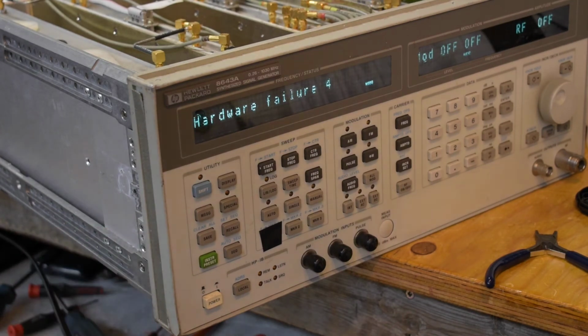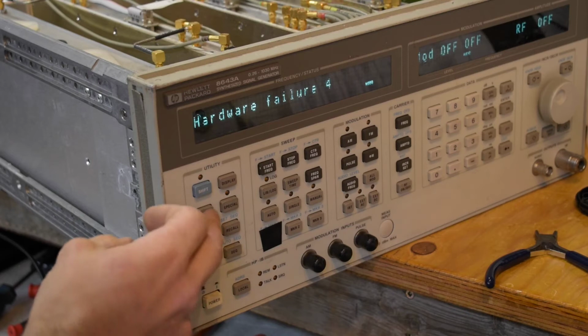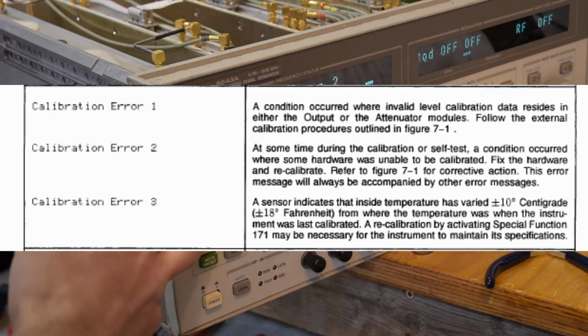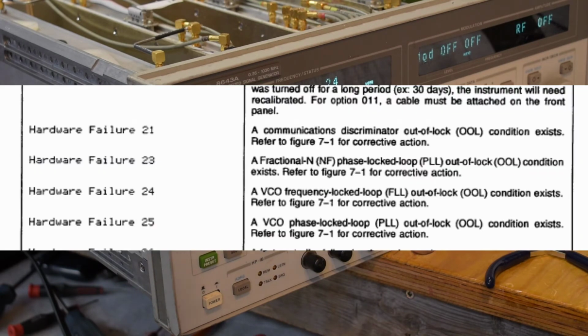Number 4, I looked it up. Those are in the user's manual. Number 4 means modulation distribution failure. Calibration error 2, that one was expected. Some hardware failure prevented it from calibrating. I have 24. That's VCO frequency lock loop out of lock,